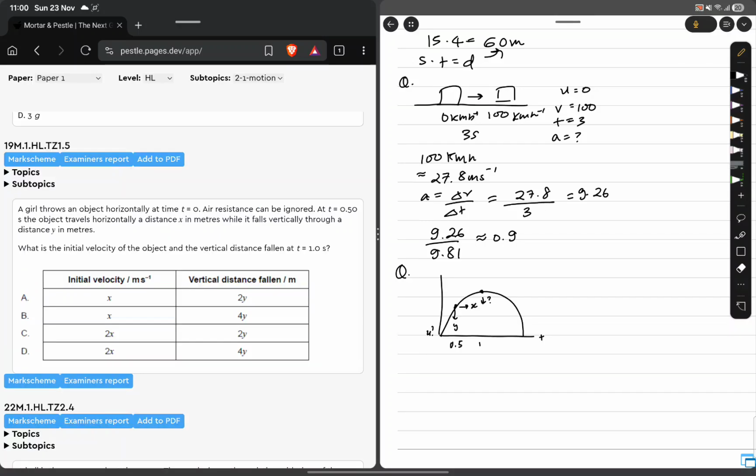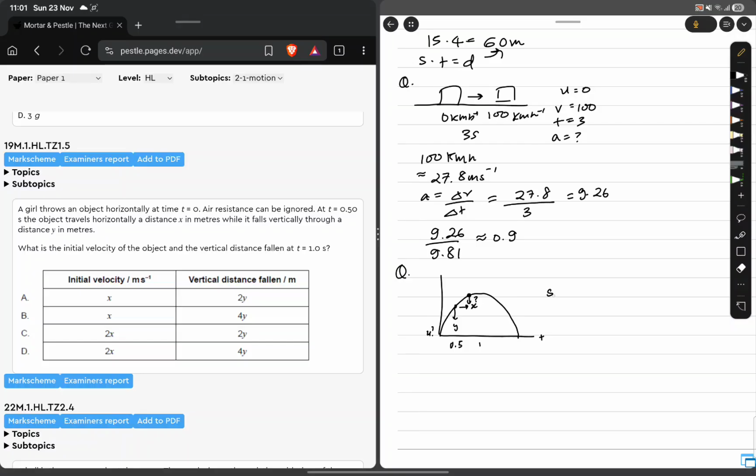In this question, we are given a projectile motion, looks a bit like this. And this is y. Now we need to figure it out. So, what is the initial velocity of the object? How we're going to find this out is